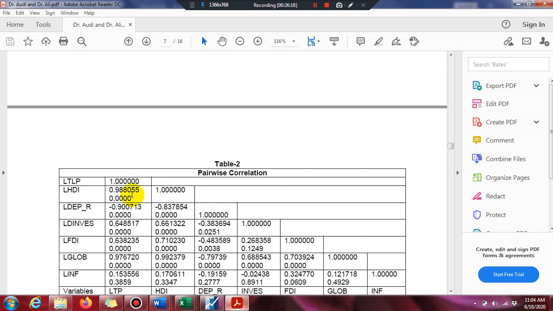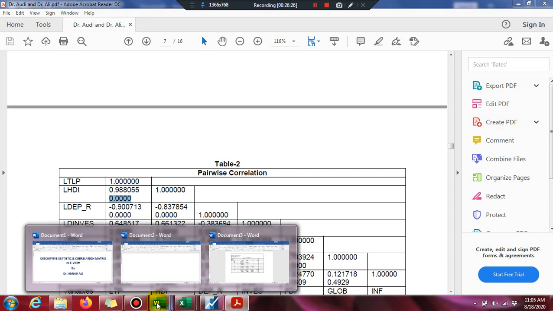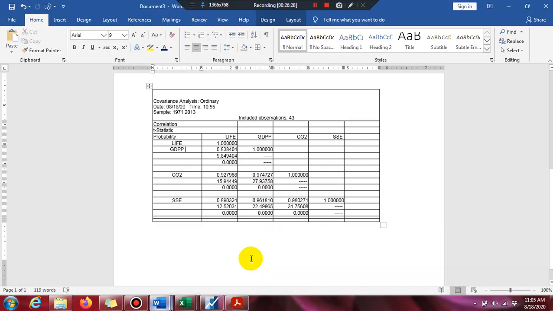So here we only gave the probability value in the parenthesis.